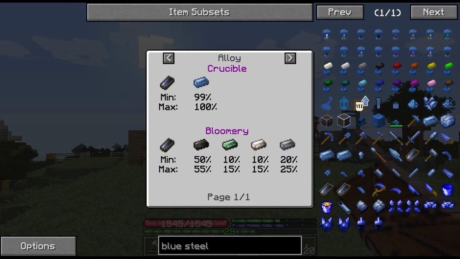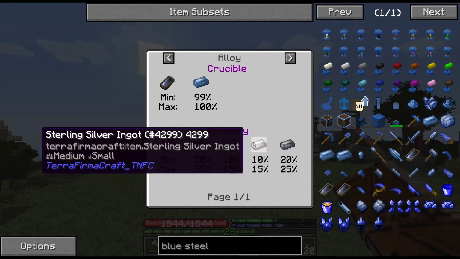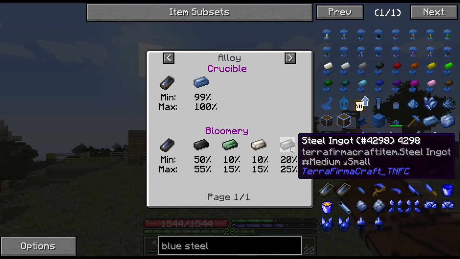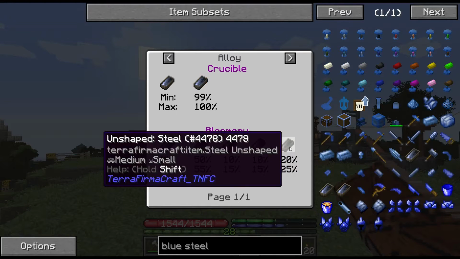And when it says bloomery here, that's not quite right. You can't put multiple things in a bloomery. It actually means the crucible. But anyway, instead of going through black steel ingots, bismuth bronze, sterling silver, and steel ingots as it bounces back and forth,